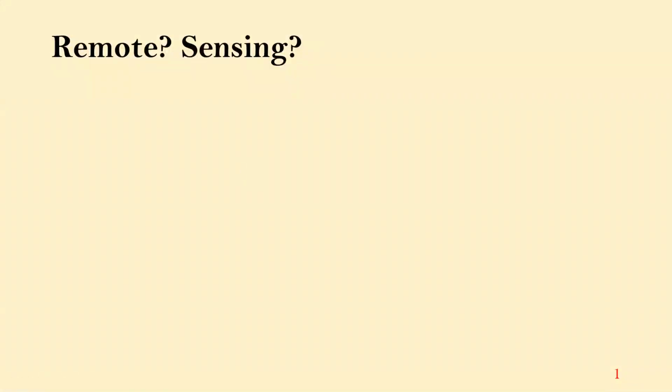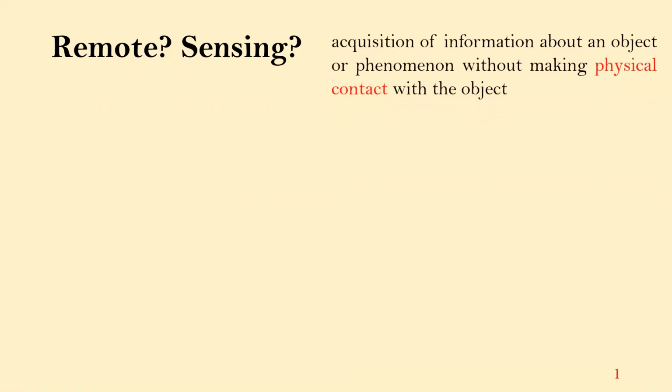Okay, I start the lecture by answering this basic question: what is remote sensing? Remote here means far distance, and sensing is acquisition or detection of any information. So, in layman's definition, remote sensing is acquisition of information about an object or phenomenon without making physical contact with the object or phenomenon under investigation. The remote sensing system tries to collect the information about the object without having direct physical contact. That's how it differs from in situ data collection or observation.